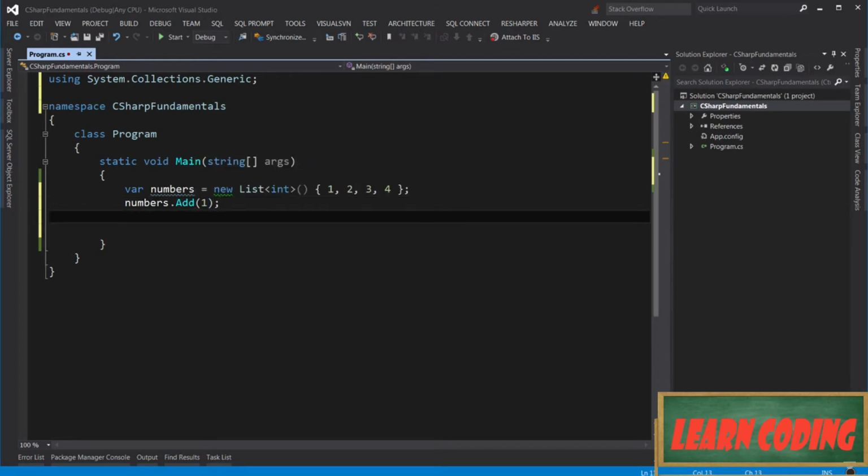So this is the difference between a list and an array. In an array, we don't have an add method. And once we create the array, the size of the array cannot be changed. But in a list, you can add as many objects as you would like. We can also use the addRange method to add more than one object to the list. So